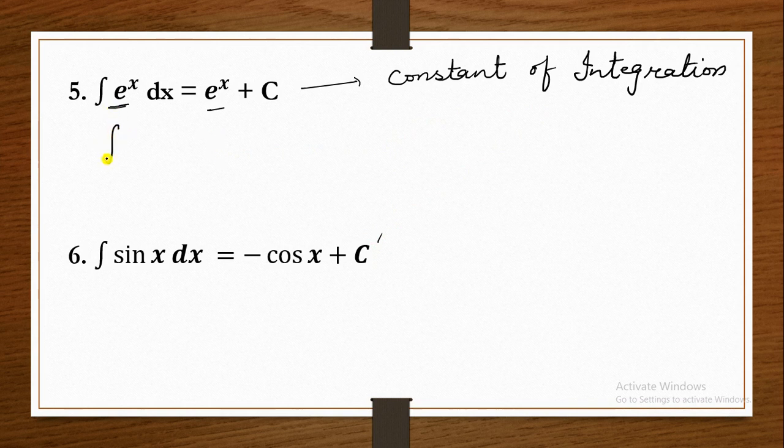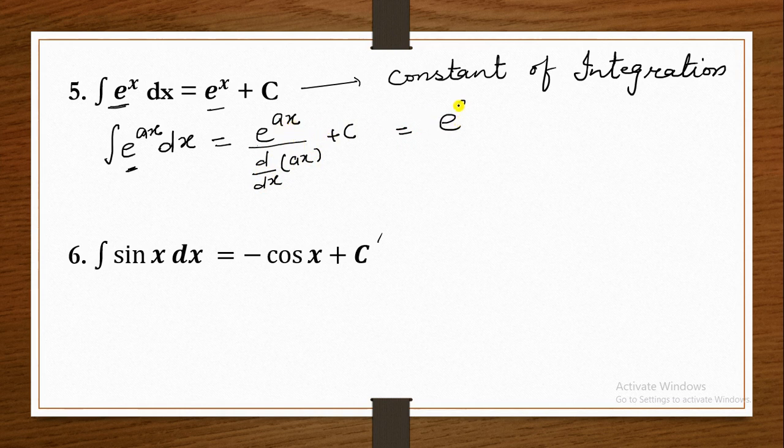if in this formula we write e base to power ax dx, so what is the answer of this question? E base to power ax and differentiation of power, plus c. Then a is constant and x is variable. So e base to power ax upon, after solution of the differentiation, answer becomes small a plus c.